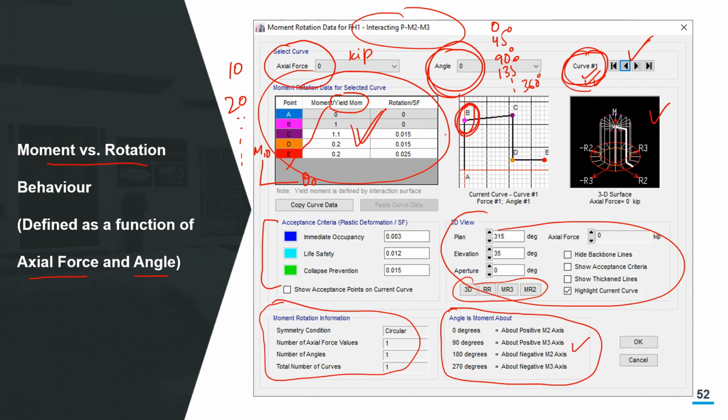Although I understand that the actual behavior may not be that sudden yielding, and it may start with some cracking, and then when the steel actually significantly yields, we have an overall stiffness degradation for the beam. But for the idealized plastic hinge action deformation curve, we just take this point as our yield point.